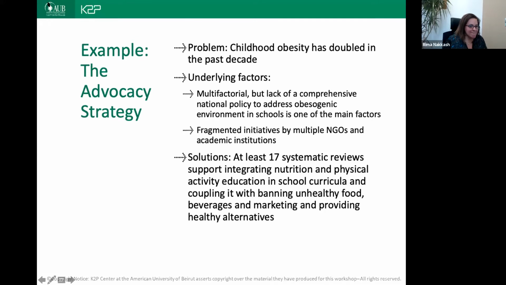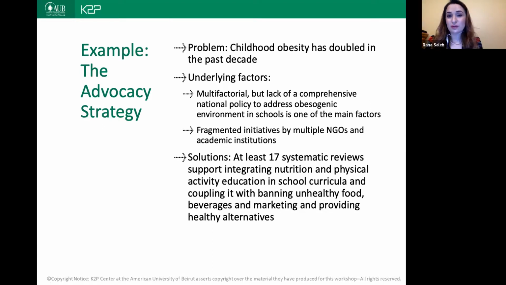So this is the fun part. This is the part where we will share how we applied this advocacy framework on the case of childhood obesity prevention in Lebanon. We will go through every single step of the way, and then Dr. Rima will share her reflections, and then we will open the floor for discussions, questions, thoughts. We would love to hear the advocacy campaigns that you are working on, and if you feel that the strategies we're discussing can be useful for your work.